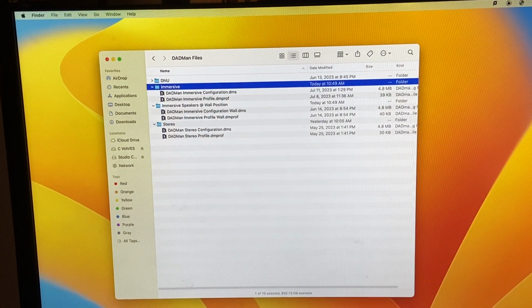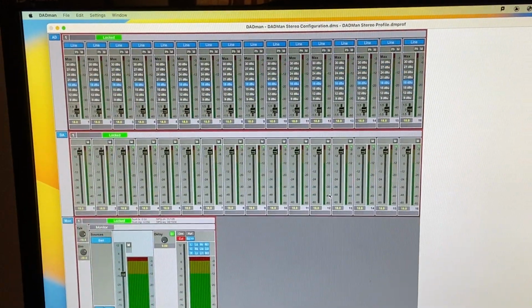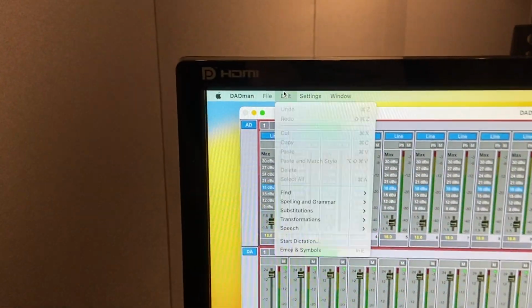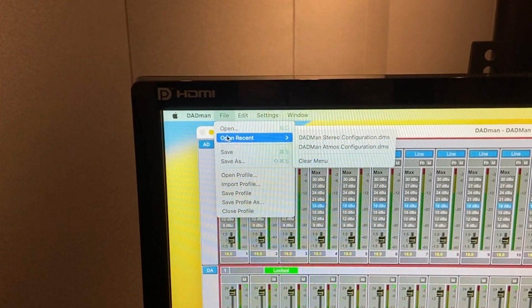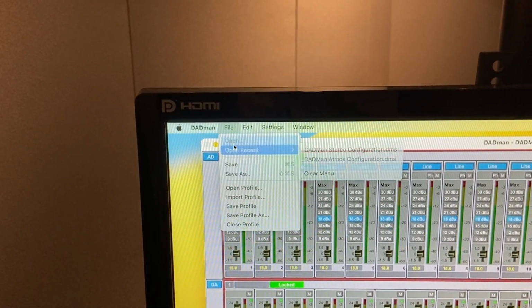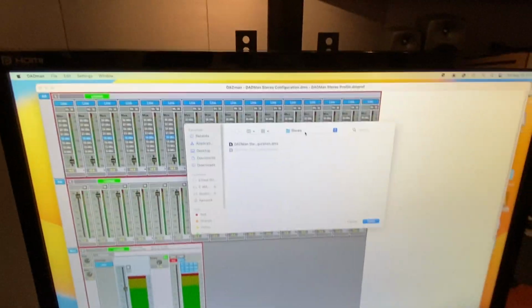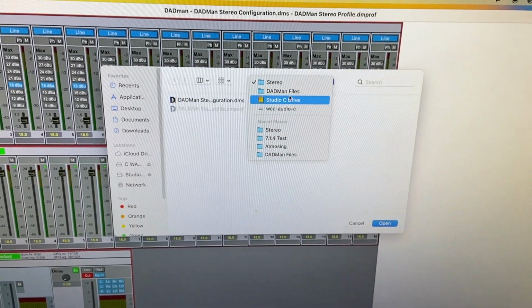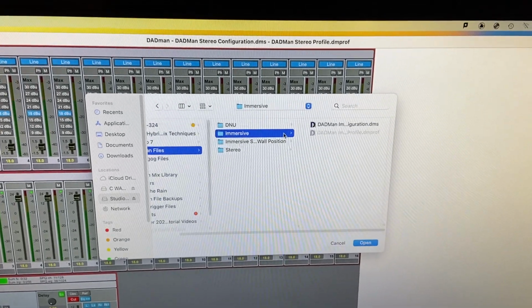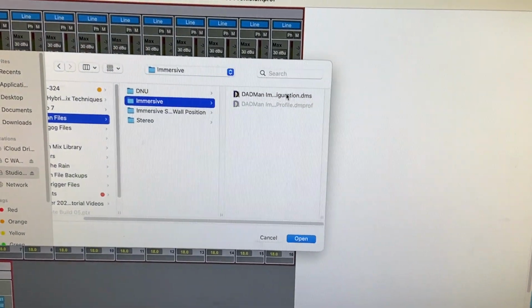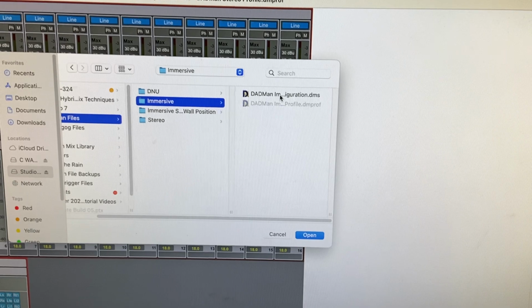But either way, let's get DADMan open and loaded. Right now the speakers are out away from the wall, so we're going to go File, Open, and I'm going to go to that folder, which is DADMan files on the Studio C drive. I'm going to open up the immersive folder because the speakers are away from the walls, and I'm going to open the only file it will let me open, which is this